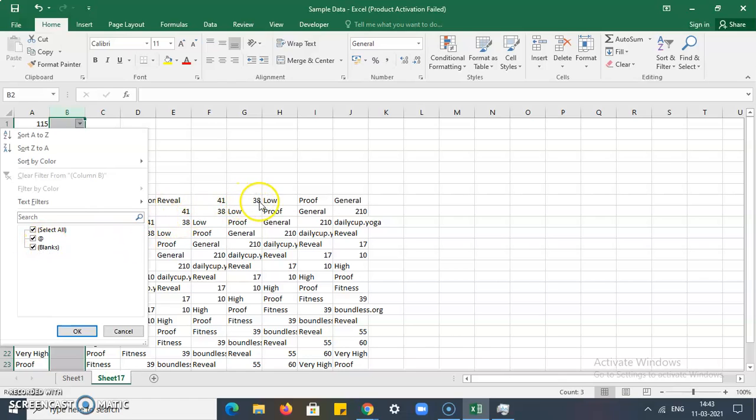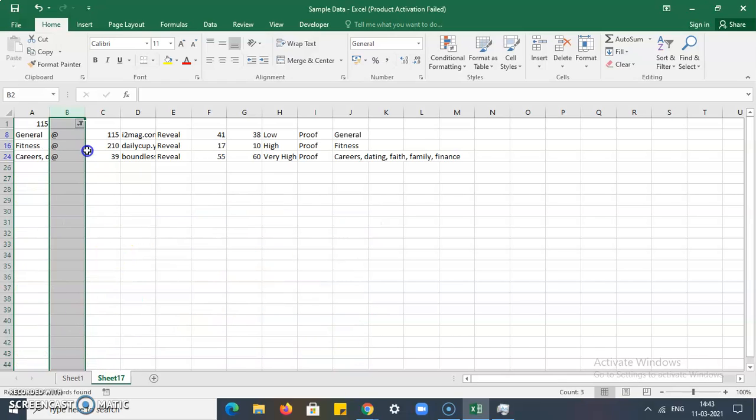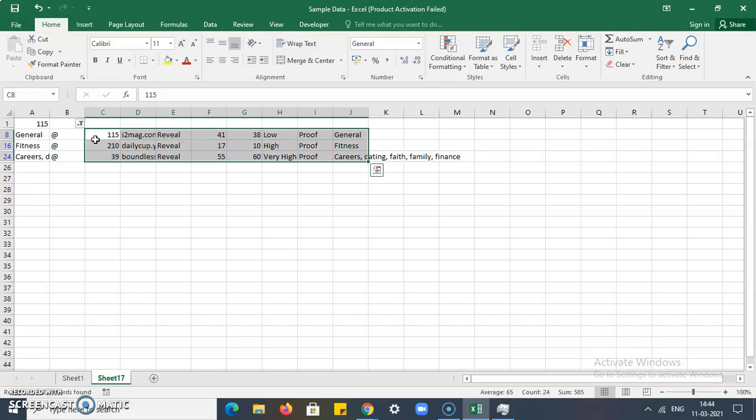After each 8th field your formula is correct, so you don't need these blank spaces. I deselect the blanks and click on OK. Now you can see here your database is ready.